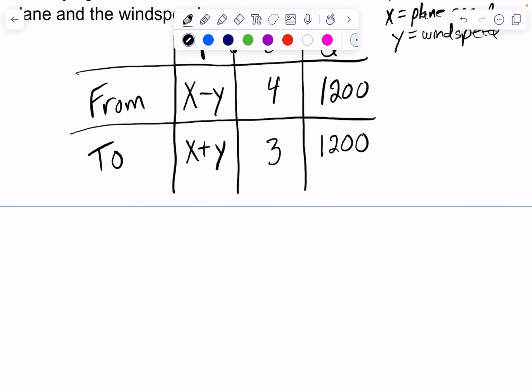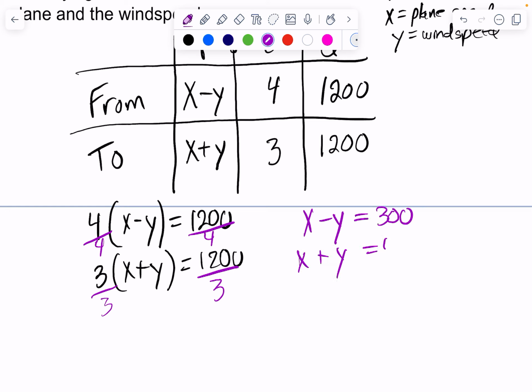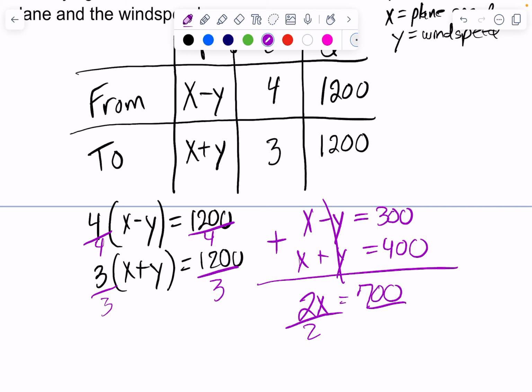All right, my system of equations: 4 times (x minus y) equals 1,200, and 3 times (x plus y) equals 1,200. Let's go ahead and simplify this here by dividing 4 to both sides in the first equation, 3 to both sides in the second equation, giving me x minus y equals 300, and x plus y equals 400. Now I can solve this system by elimination. 2x equals 700, divided by 2, x equals 350